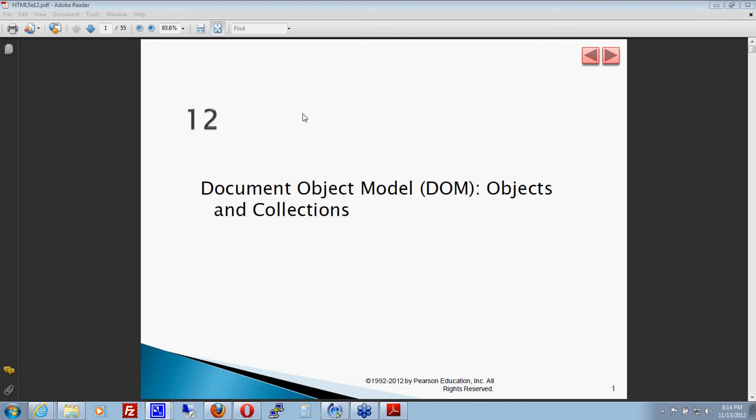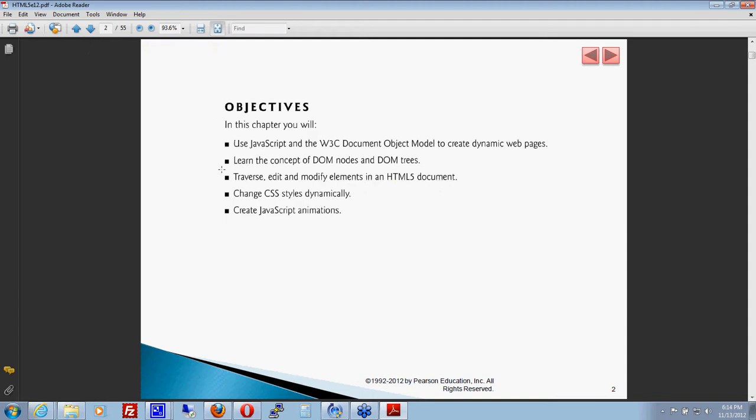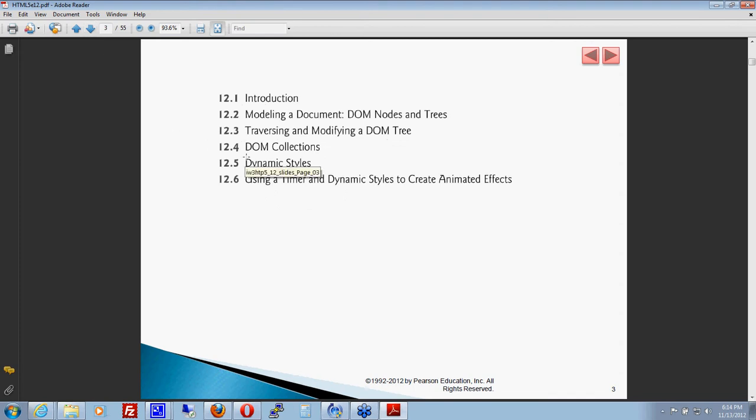Let's get started. Tonight we're going to talk about the document object model, which we've talked a little bit about, but we'll go into a little more detail. The document object model is what allows JavaScript to essentially modify an existing web page and make it dynamic. It's very powerful, and you can do all kinds of things with it. We've used it a little bit already, and it's not that